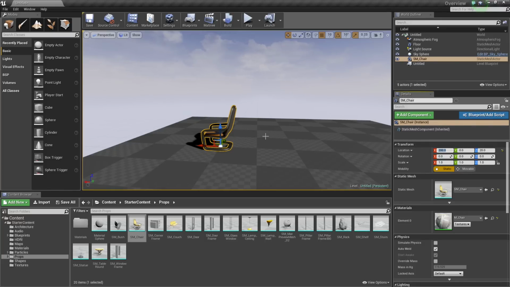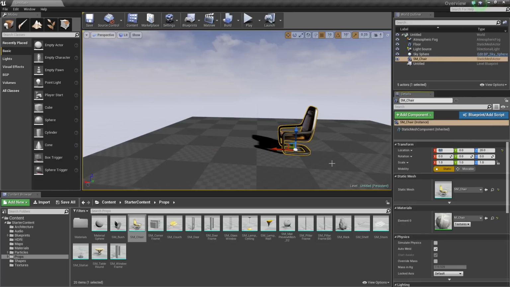Now this brings up an interesting time to talk about how space is measured in Unreal Engine 4. By default, one Unreal unit is 1 centimeter. So again, in the example we just gave, we jumped from 30 to 200, which gave us that 170 centimeter movement along the X. So that's how you can move objects via the details panel, just by punching in any value that you want.